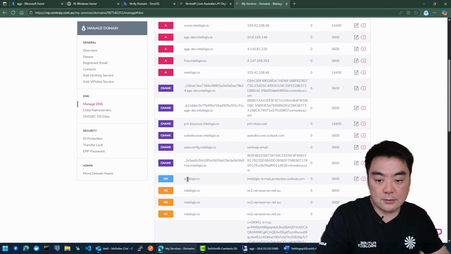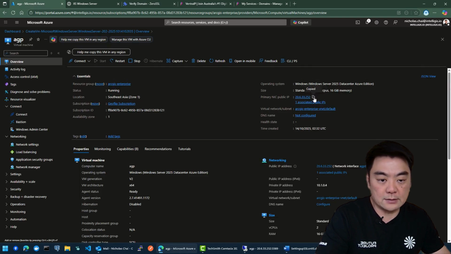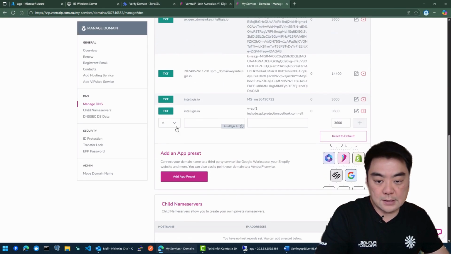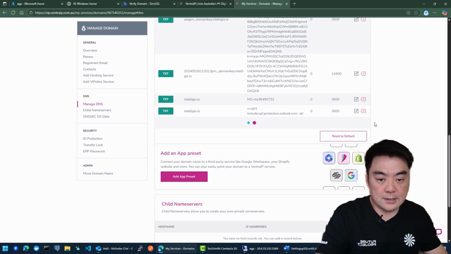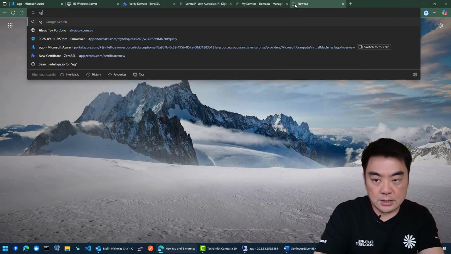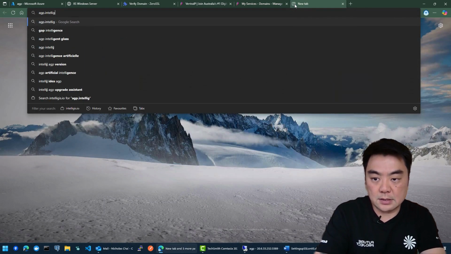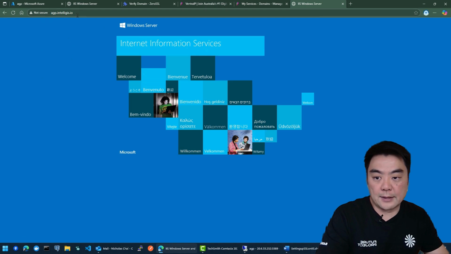we'll also create CNAME records as zerossl has asked us to do. So let's go ahead and do that now. We'll go get the IP address of the machine over here. Go to services, we'll create the A record first. So it's just going to be, over here, and then this one's going to be agp.intelligis.io 3600. We hit add. And then adding that in will allow us to go to agp.intelligis.io via HTTP, and that's pointing to our server, but we want HTTPS, so we need to go into here